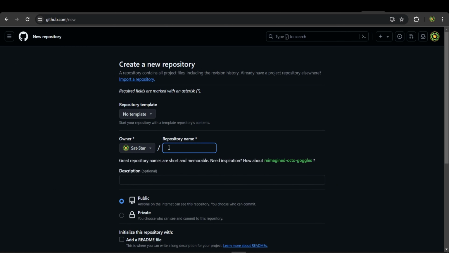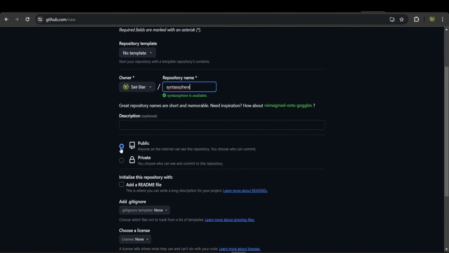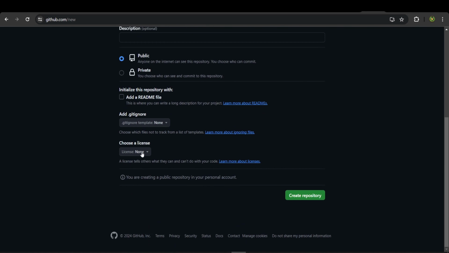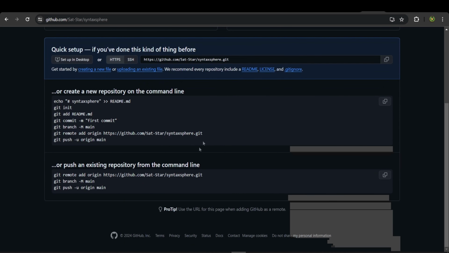and here it is asking for a name. So let's give the name syntaxsperes. So the name is available, and we'll keep the repository public, and we won't need to add a readme file, so we'll keep it unchecked and click on create repository. After the repository is created, Git